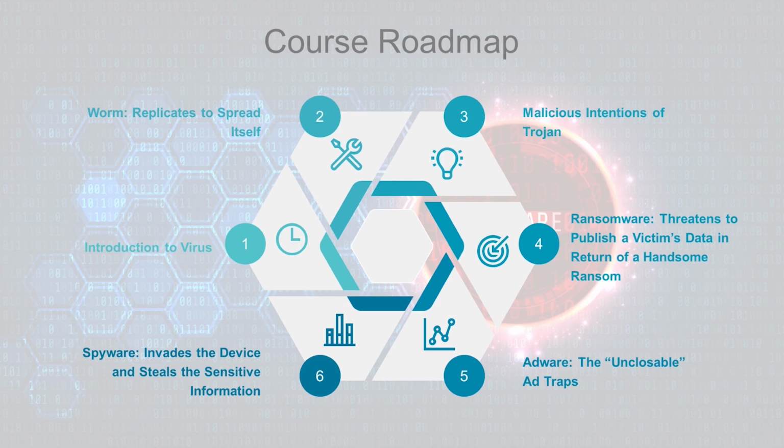We're going to talk about the biggest behavioral characteristic of worms, which is its ability to self-replicate. And with this, we'll be talking about Stuxnet, which is one of the most famous historical examples of a worm. We'll move on to talking about trojans. These are pieces of malware that disguise themselves as something that's good and useful, but when it gets onto your system, it performs maliciously. We'll talk about Beast, which is a famous example of a Trojan.